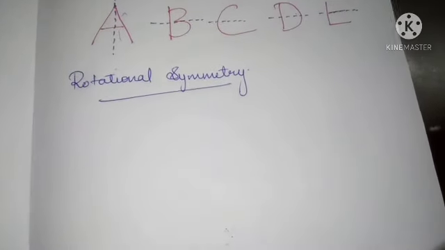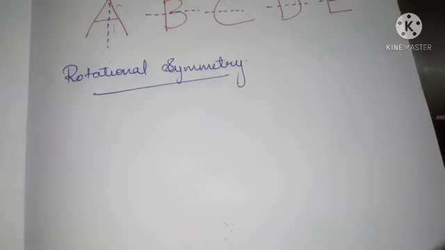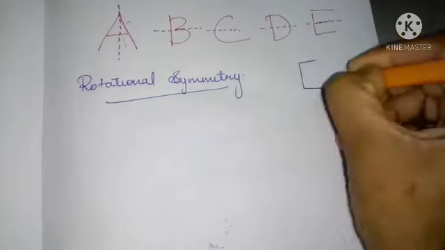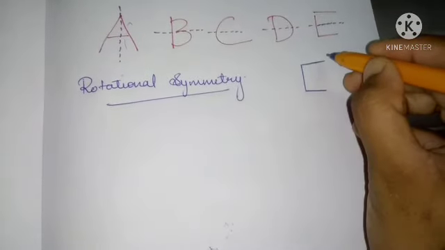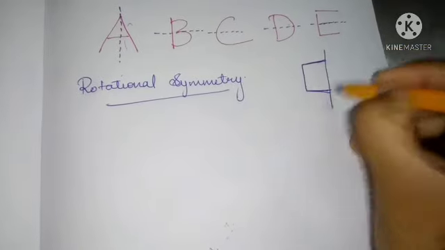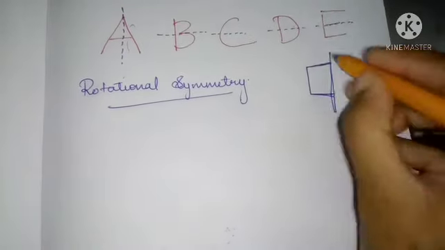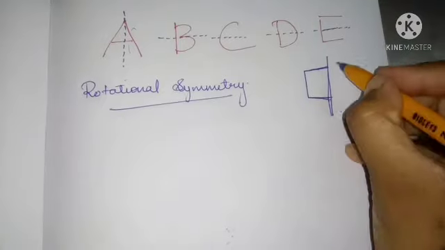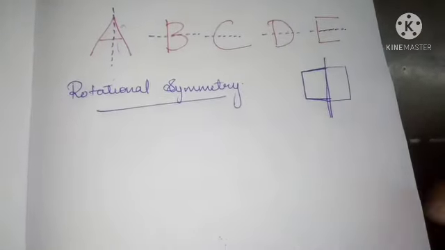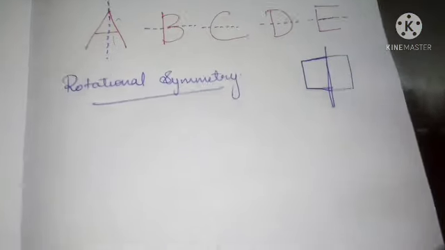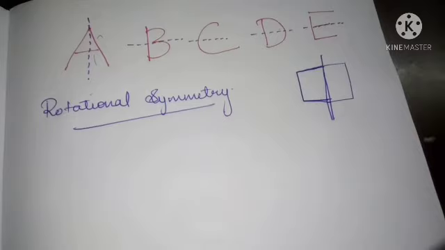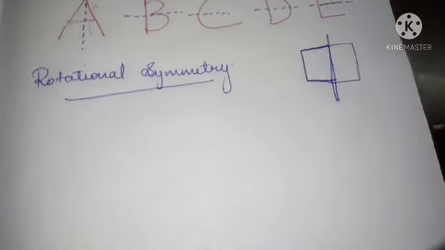Before that, you know what is meant by mirror reflection. See, when I keep one box like this, and one mirror is kept here, what image will be there in the mirror? In the mirror, it will be like this. Correct? So this is called mirror reflection. You know, right? So the symmetrical objects will obviously form a mirror reflection.